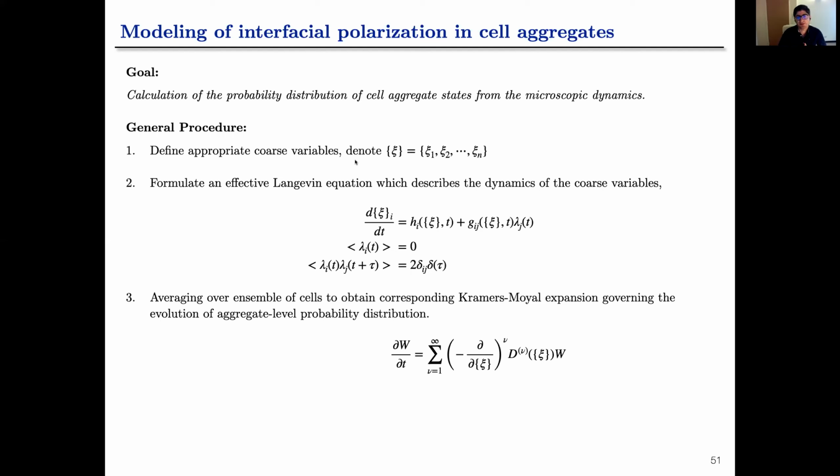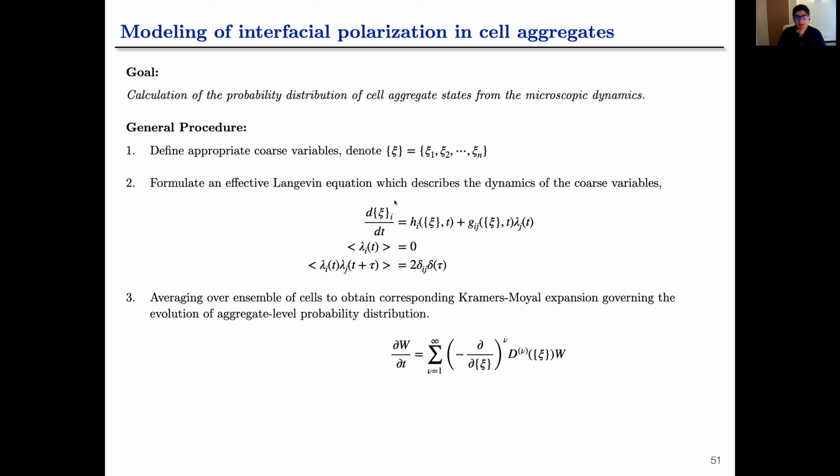The first step is to define some mesoscale quantity. For us, because we're interested in the transmembrane potential, and the transmembrane potential isn't exactly a uniform number, it has a distribution that can be decomposed into a series expansion, like a multipole expansion. And we show that a dipole expansion is enough. So these state variables for us are the induced dipole moments on each surface, on each cell membrane,